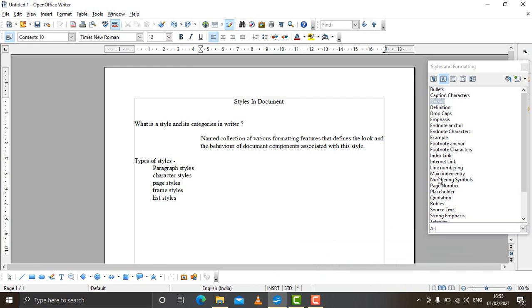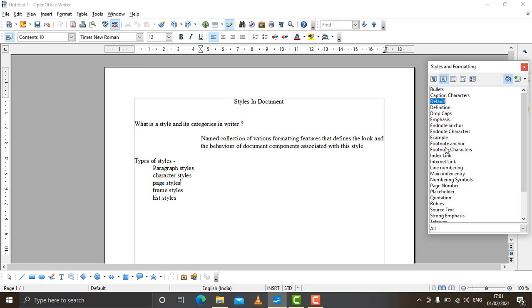There is one more method of applying styles to the document or to the text, and that is using this option, fill format mode. Using this fill format mode, we can easily format the document. We can apply the styles to the document much more quickly. Basically, we first click on this icon, fill format mode, and select the style which we want on our text.